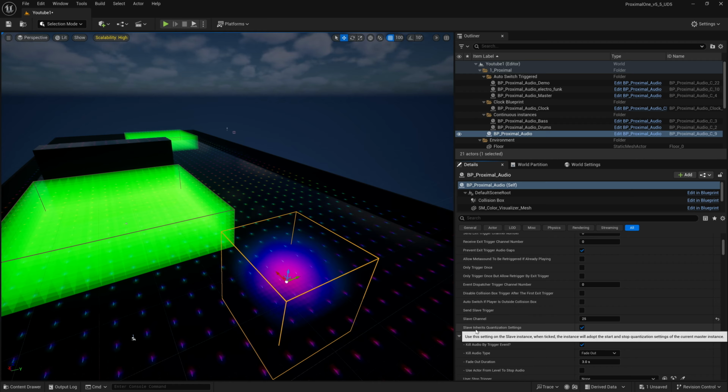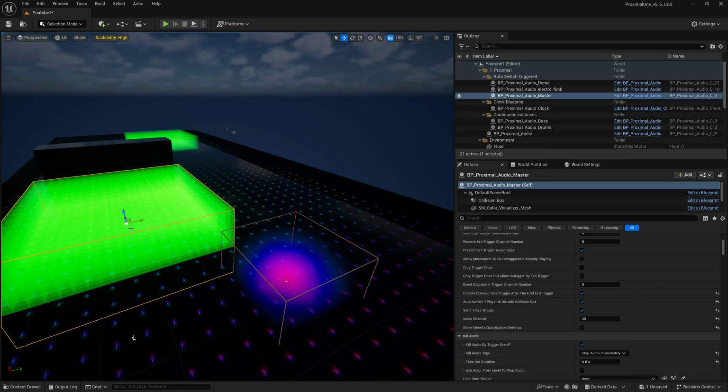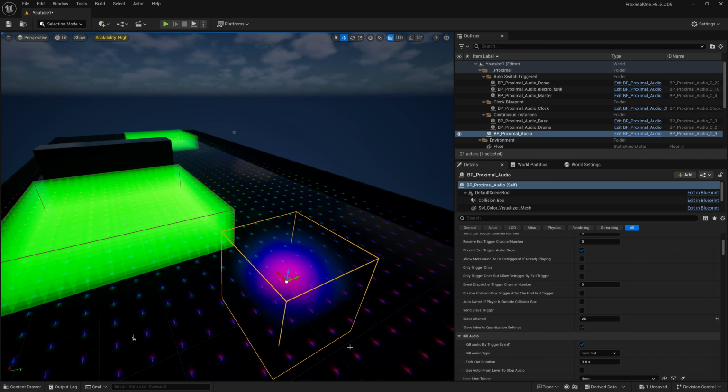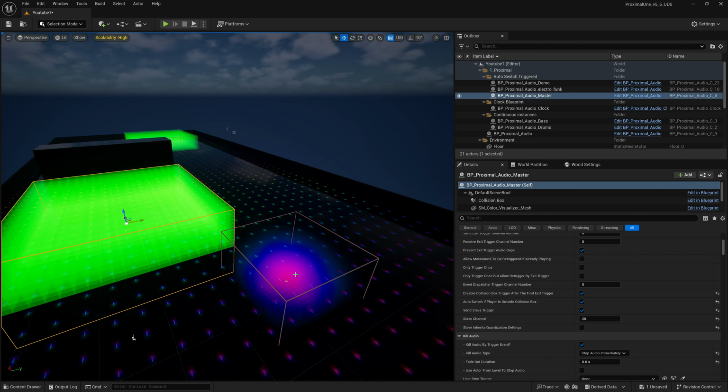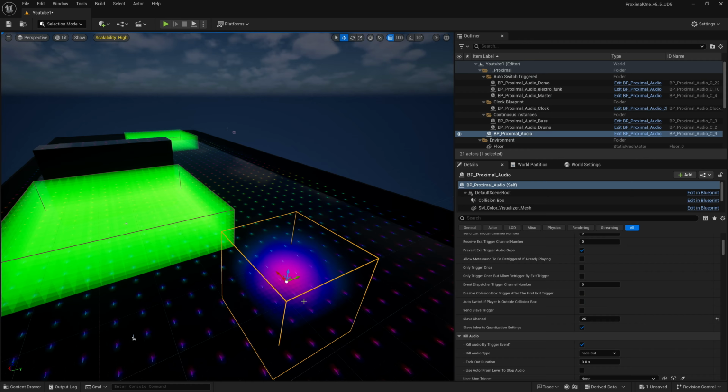We've also got this setting, slave inherits quantization settings. As I said earlier, that's set to an 8-bar quantization. Right before it starts to play, it sends out the signal to this one to cue it up. And when it does that, it's also going to set all the quantization settings for this instance to match the settings of this one. It also sends out a bunch of other settings which are necessary for it to mimic its behavior. For example,